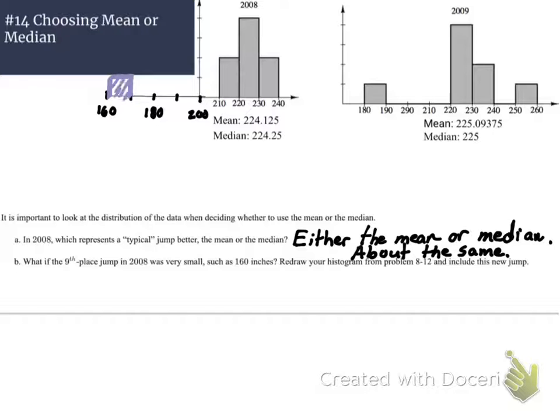If I was including my new data point, this is where it would look like. I tried to evenly space out and find out where the 160 to 170 bin is. And this is what it would look like. A big outlier. So this frog just jumped not very far compared to the other frogs for that year. Okay, we're moving on.